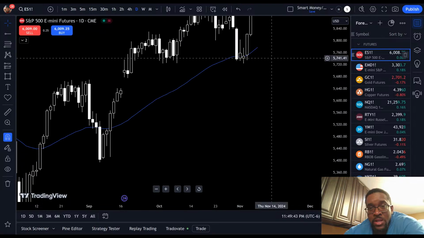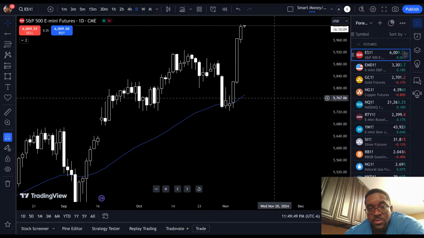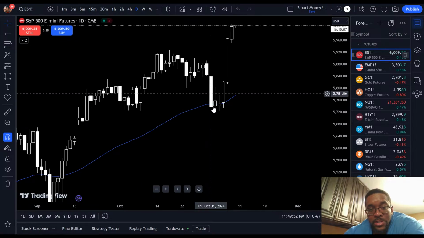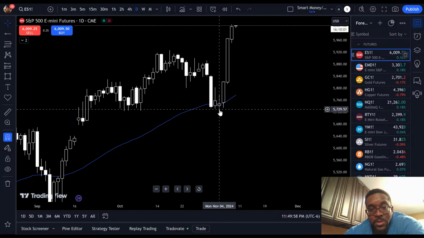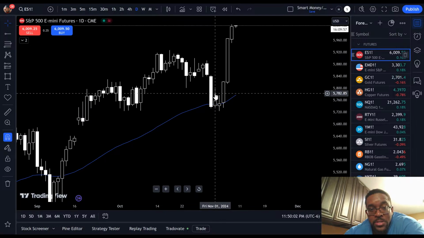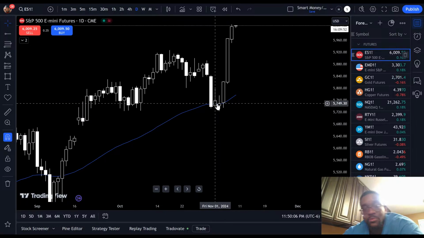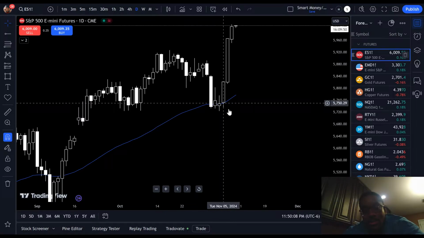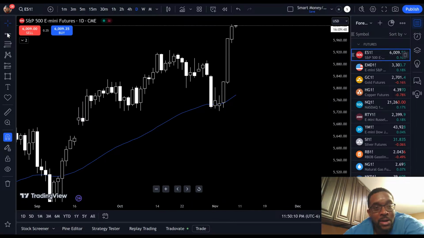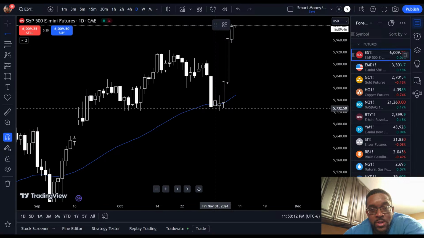Excuse me. This is what I want to see. All right. So you see how we got this candle here, right? We got this top wick and this bottom wick. And see how the next candle wicked below the bottom, but it came back inside of the range of this candle between the top and bottom wick. That's what we look for. We want to see that sweep. We want to see that liquidity sweep. All right. So I mark it with a horizontal ray. Boom.